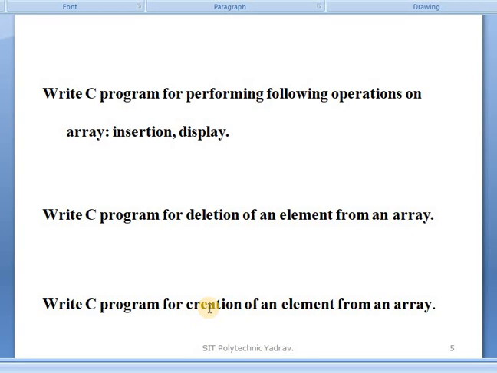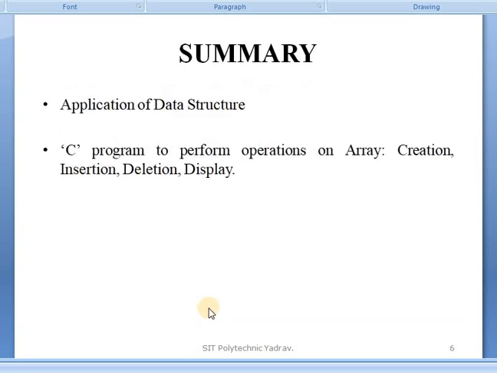Okay, the summary of today's lecture is that in this lecture we saw the applications of data structure. Which are the applications? Applications means in which areas we use the data structure: array, linked list, stack, queue, tree, graph, etc. After that we saw the C program to perform operations on an array.